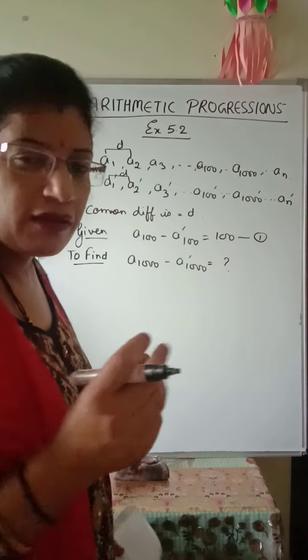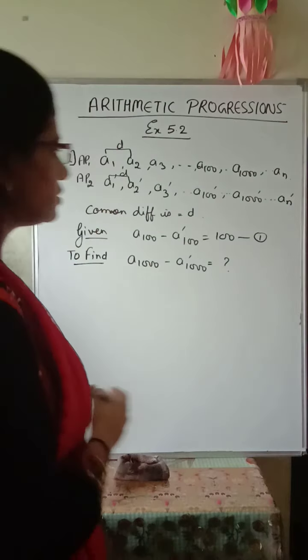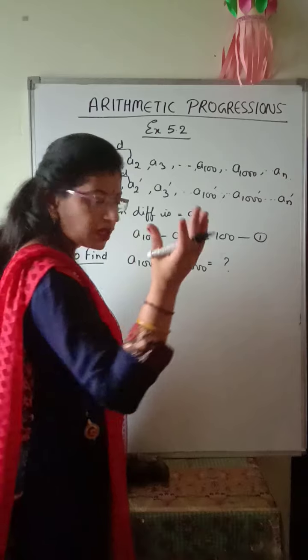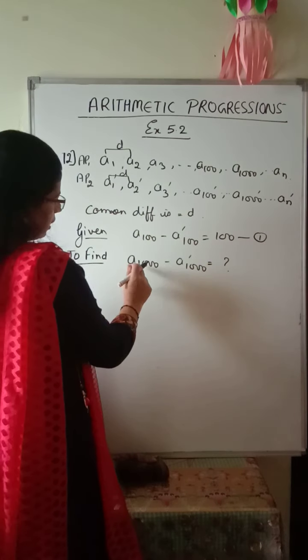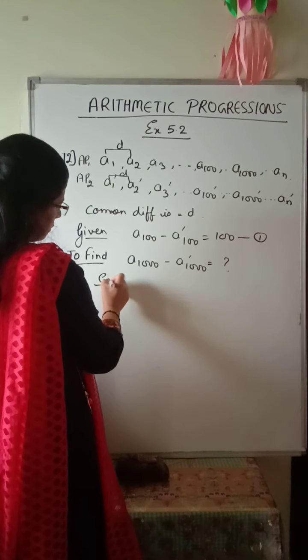ठीक है. So whenever we are doing this, जो given दिया होता है, we always take that. Okay, so we are starting from given. यहाँ से लेके चलते हैं. ठीक है. Given से हमें कुछ मिलेगा, something we will get, we will use that in finding this. Okay, so we are given solution.